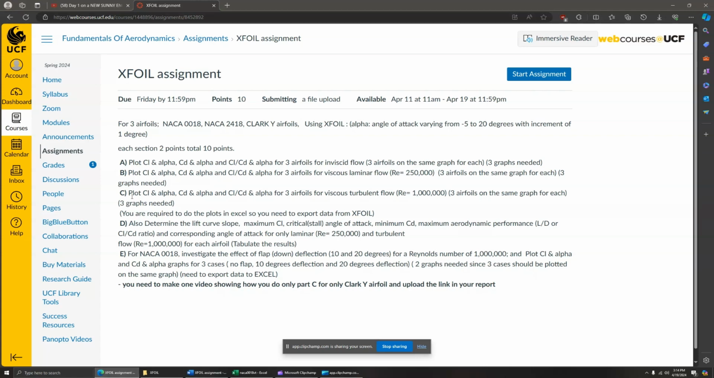All right, so for today, we will be plotting the lift coefficient in alpha, drag coefficient in alpha, and the ratio in alpha, specifically for Clark Y airfoil and a viscous turbulent flow with a Reynolds number of 1 million. So to begin,